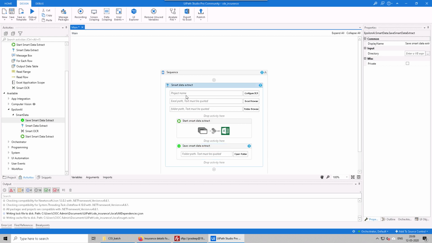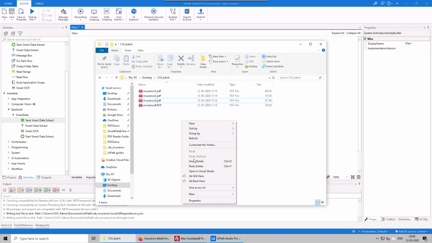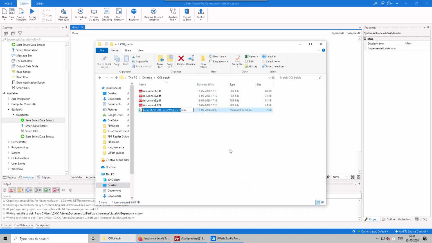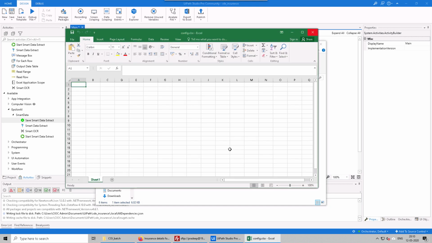So first thing that we have to do is write a project name. So I will say insurance, and then we have to create a configuration file. For that, let's create an Excel file. Let's name it config and open it.